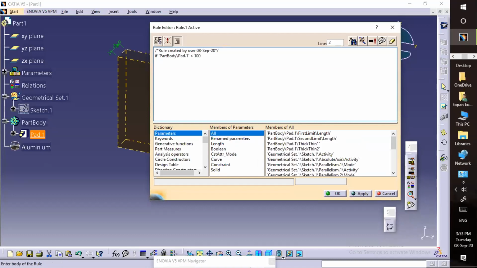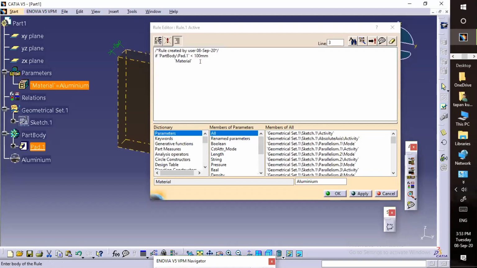My material will be aluminum. Spelling also you need to write properly. Else, suppose silver. This time I will take silver. Let me check.